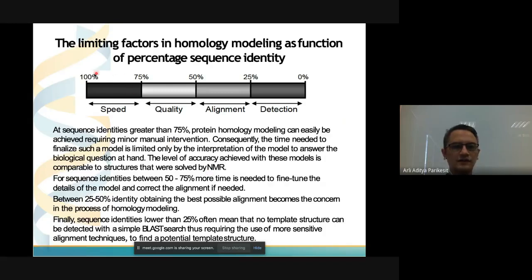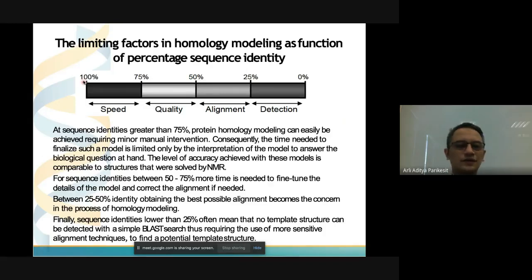If the homology is above 75%. But between 50 to 75%, it is kind of a gray area, but we can use it. From 25 to 50%, it's kind of concerning because you need to realign that. But anything below 25%, don't use it.